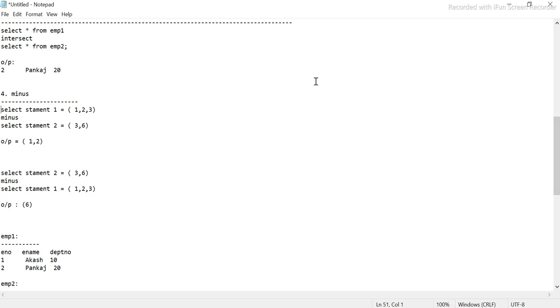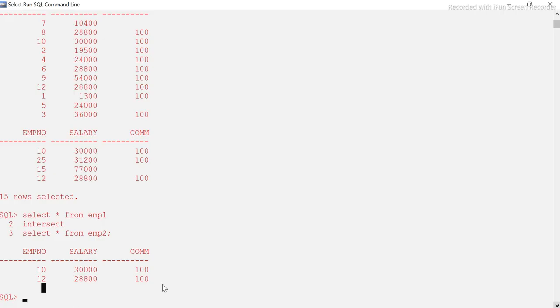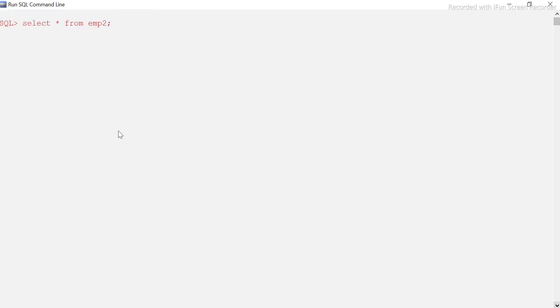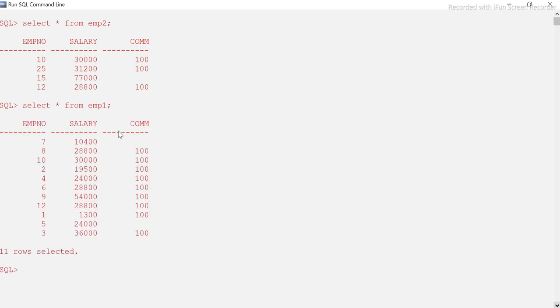Now, the minus query. This is very important and you should understand it. I already told you how it works, but let's see the practical of it. Let me show you employee 2 and employee 1. In employee 1, I have 11 rows, right?